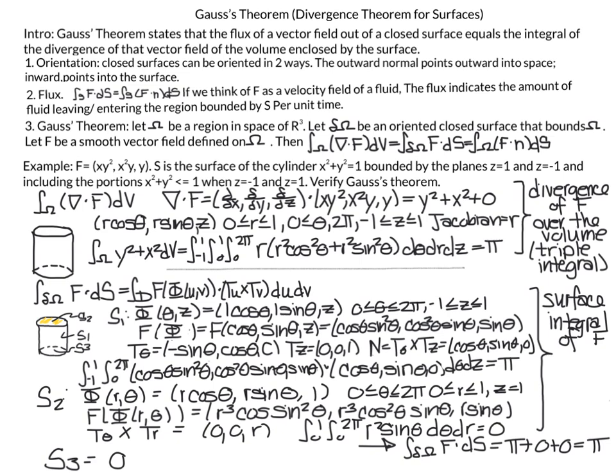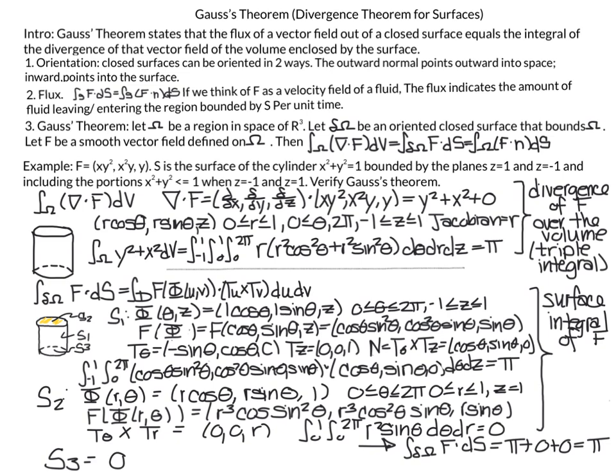Then what Gauss's theorem says is that the divergence of that vector field over the volume is equal to the vector field integrated over the surface. We will be doing several examples, and we'll be doing it both ways, both using the volume side, the divergence over the volume, and also the second side, the vector field over the surface, and verifying